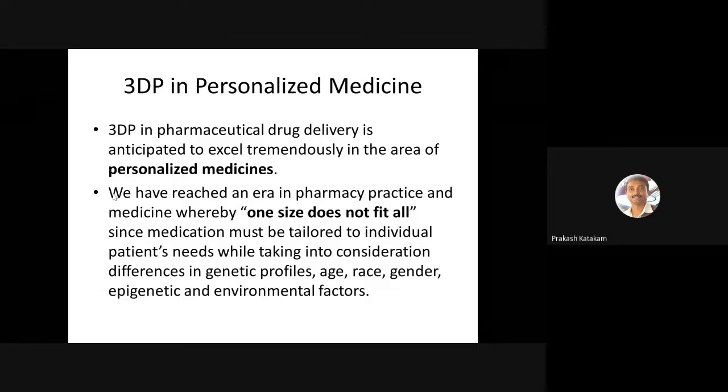Say the quantity is 125 milligram. But in the market, the tablet is available in 200 mg or 50 mg. It doesn't have a dose of 125 milligram. So what a pharmacist will do is calculate the exact dose based on the prescription, and he will print the drug using 3D printing technology. He will print the drug for 1 month. For example, the patient needs 60 tablets. Sixty tablets are printed at once within 5 minutes using 3D printing technology, using the exact dose.